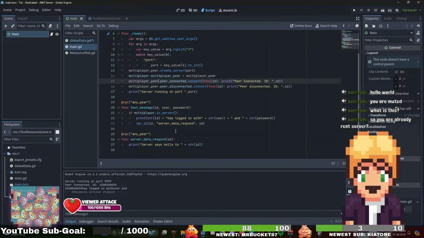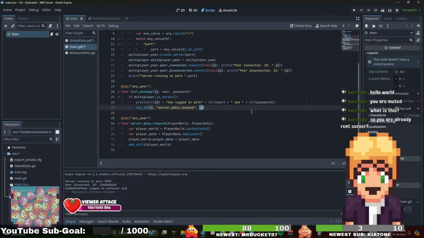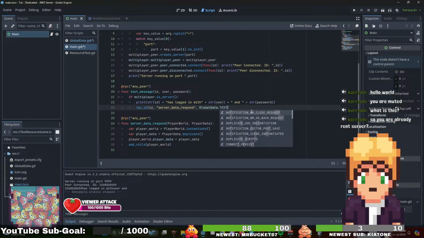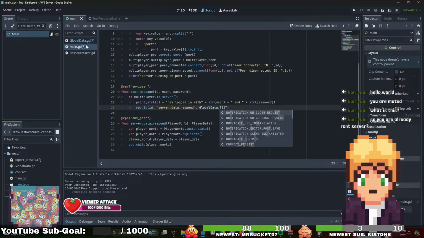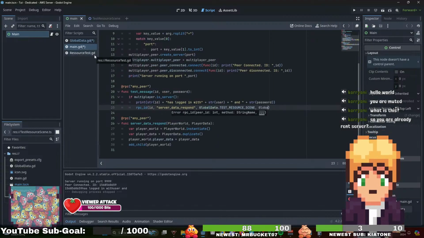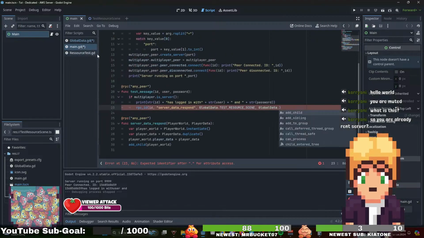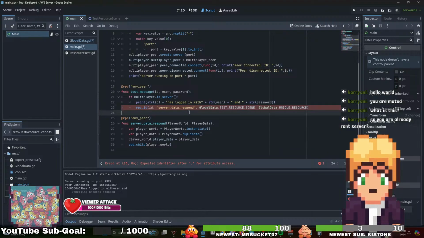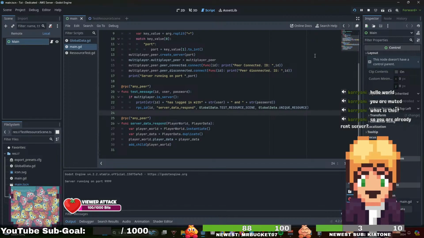And now we will send both over here. We need player world and player data. So we say global data dot test resource scene and global data, this one. So save, and we start the server,